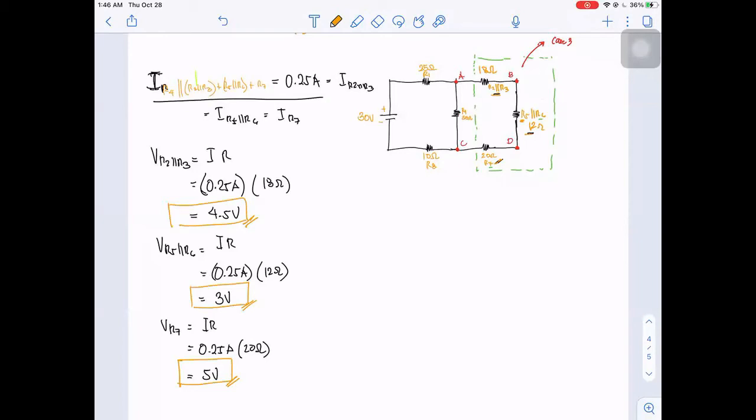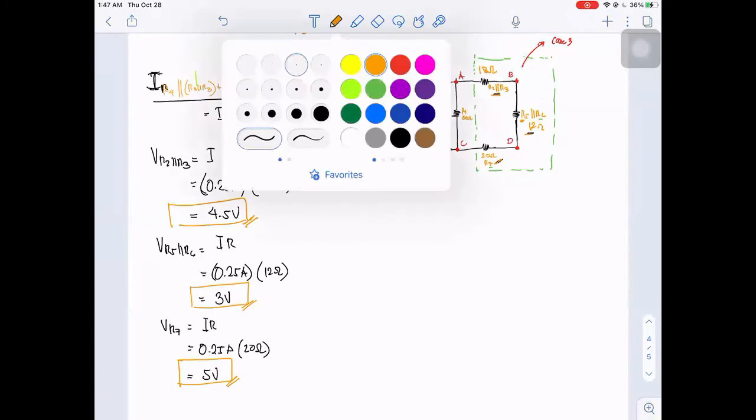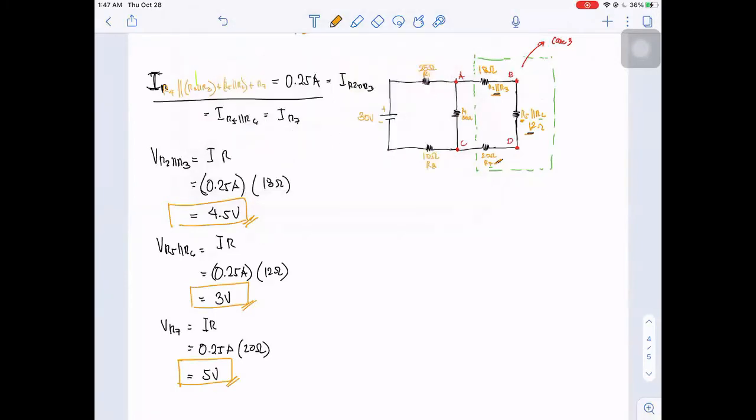Now, since R2 and R3 are parallel, therefore the voltage across R2 and R3 are equal. Since R2 and R3 are parallel, so we can draw again another. So this one